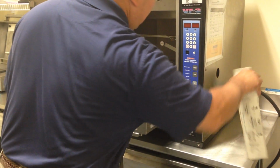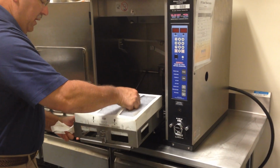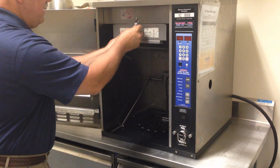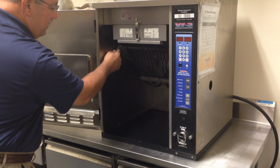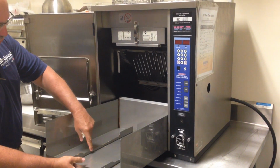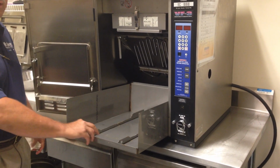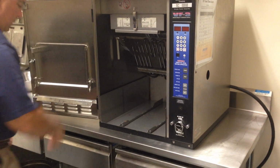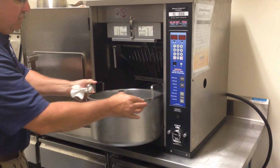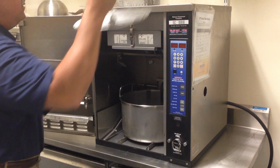We have the filter, which is reversible. It goes right back in, and the whole unit slides right back in the top. Raise the element up. You would have the inner liner that goes in, and if you notice, it's elevated a little bit here, so if you have this on a Formica top, it's not going to scorch or burn the Formica. You would fill with oil to that level, set it back in, lower the element down, and you have your shelf,